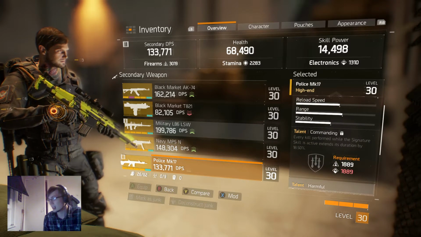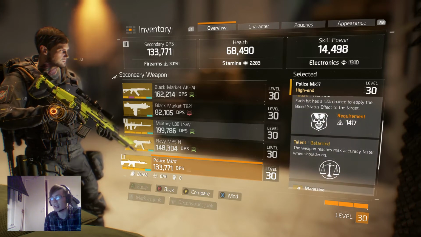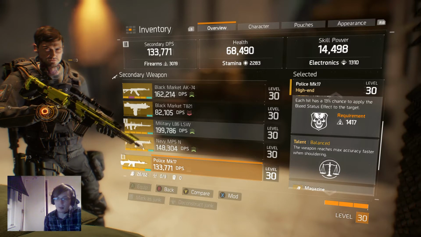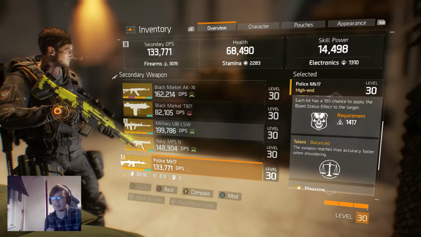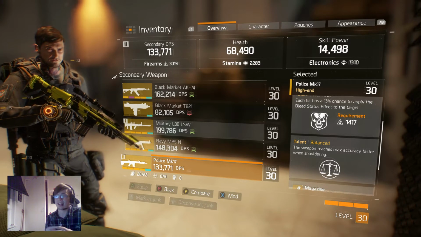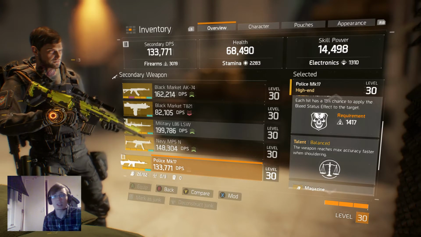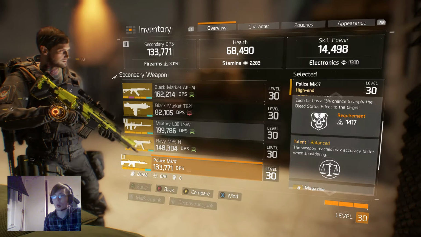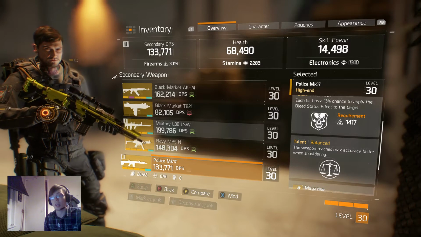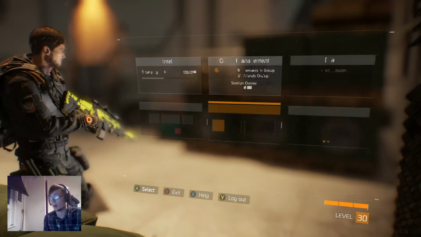Let's go into my secondary. Now you guys might disagree with this secondary a little bit because it's a bit of a weird one. It's actually the Police Mark 17. The reason I'm using this is that bottom talent right there, balanced. I unfortunately don't have an M1A, and this is basically the next best thing as it goes semi-automatic marksman rifle ways. I actually use this as a battle rifle, not as the traditional sniper, actually using it up close and personal, not necessarily scoped in that much. And I will show you right now